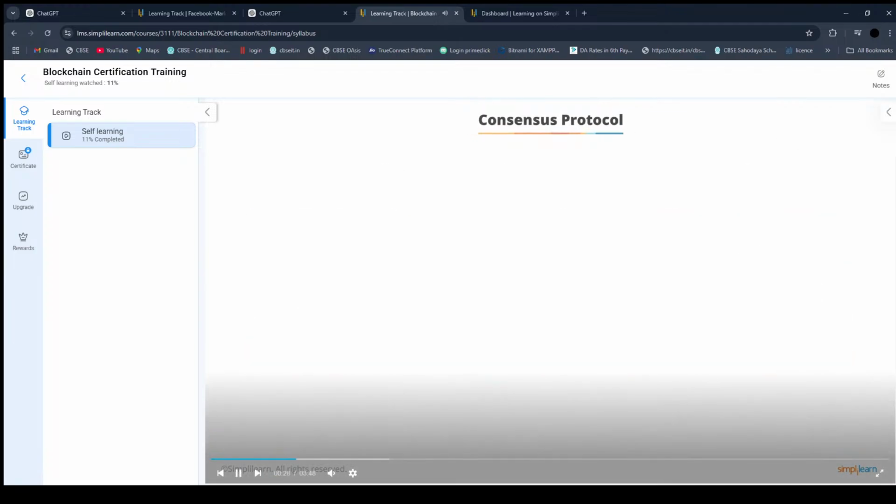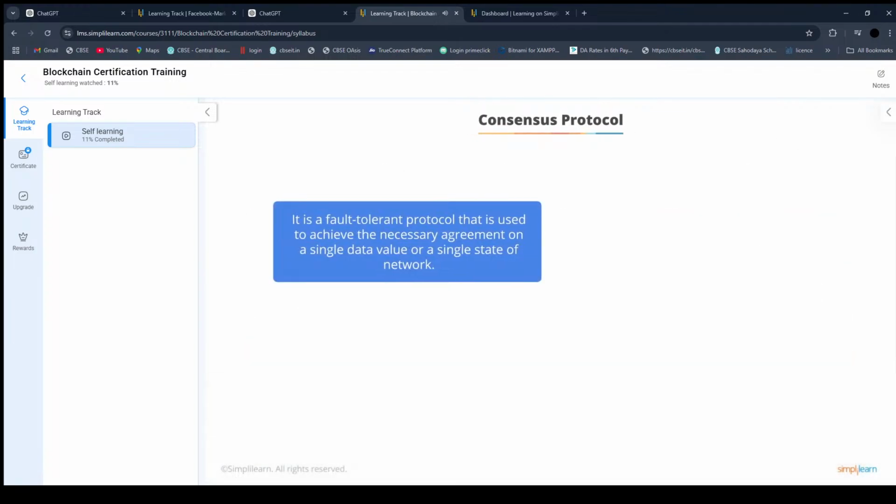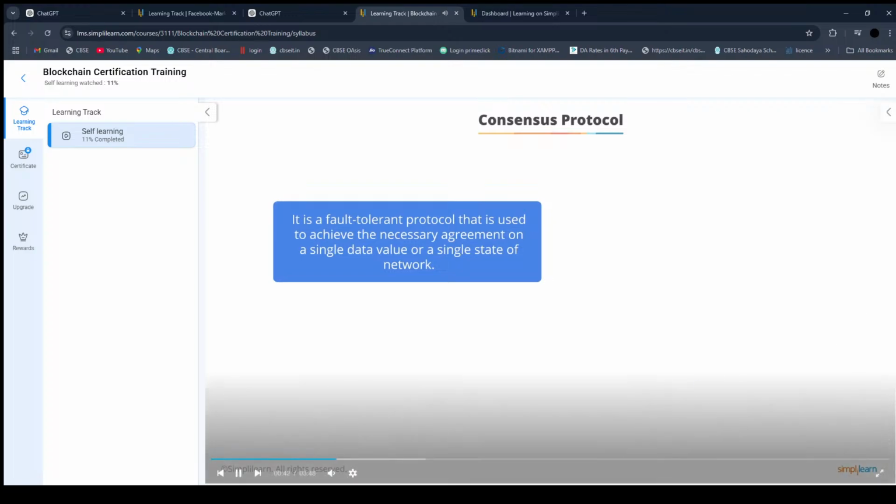Consensus protocol. A consensus protocol is a fault-tolerant protocol that is used to achieve the necessary agreement on a single data value or a single state of network. Fault tolerance is defined as the ability of a system to continue operating normally in the event when some of its components